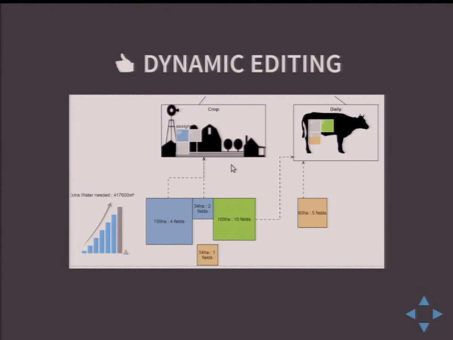So the main capability of Sirius, which is really useful here, is the dynamic editing. So we have shapes, colors, and all this stuff which depend on the values of the model and which are directly updated when I change the model, either using a specific tool or Java API or anything else.